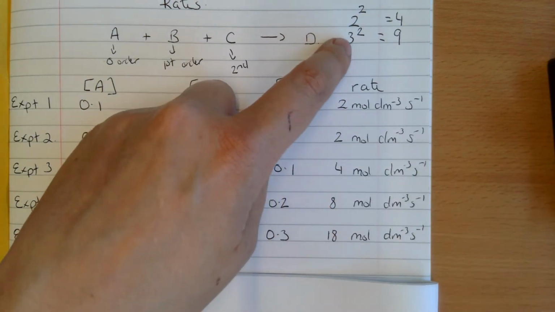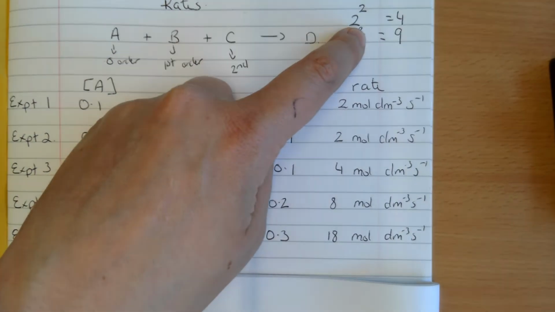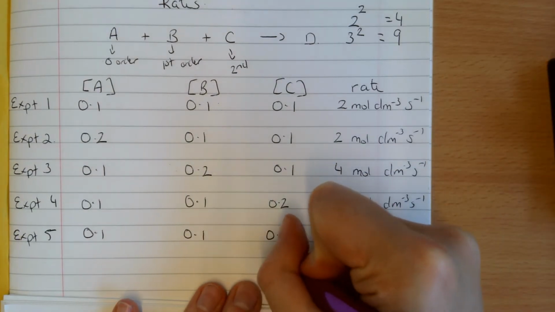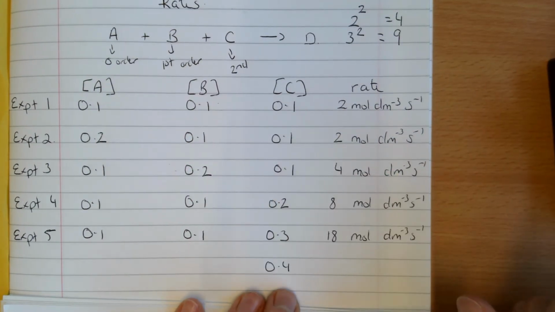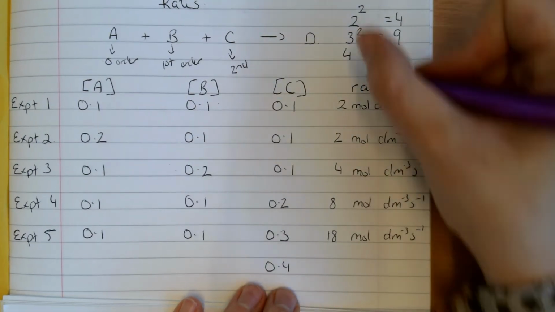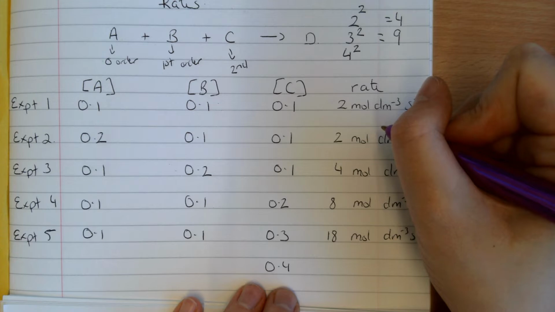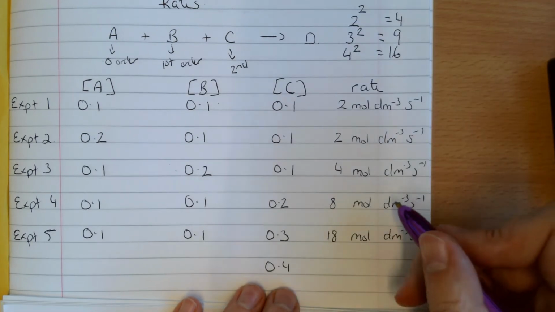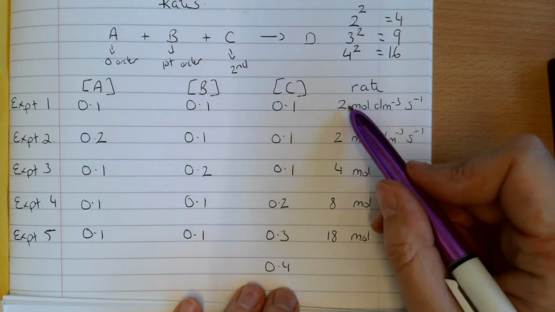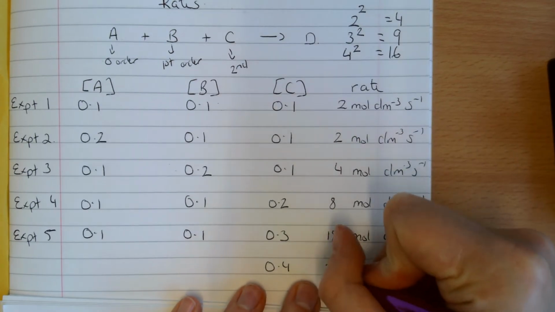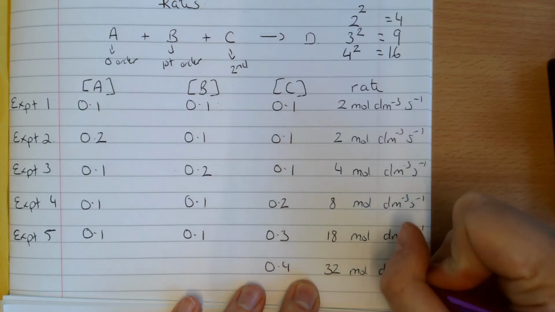So it's second order, so it's 3. I've tripled it to the power of 2 because it's second order. If I were to quadruple it, go from 0.1 all the way up to 0.4, I'm quadrupling the concentration, so it's 4 to the power of 2 because it's second order. 4 squared is 16. I would expect my rate to increase by a factor of 16. It starts at 2. Increasing by a factor of 16 would give me an overall rate of 32 moles per